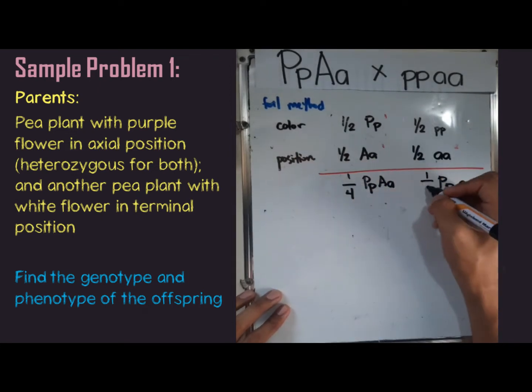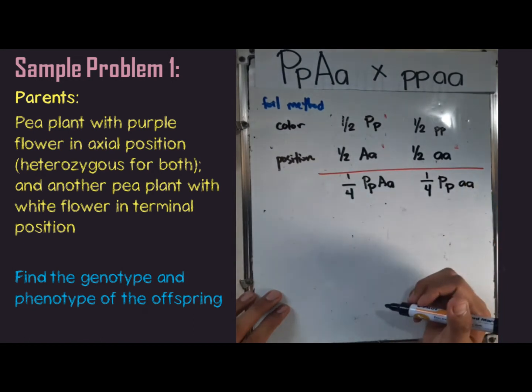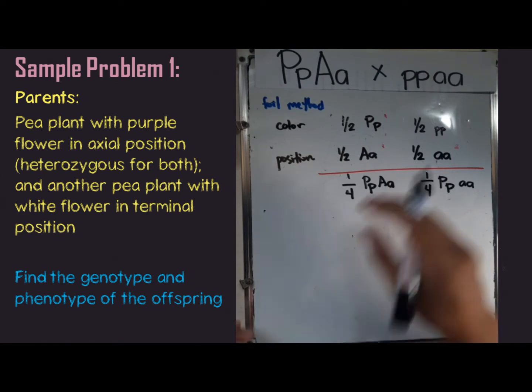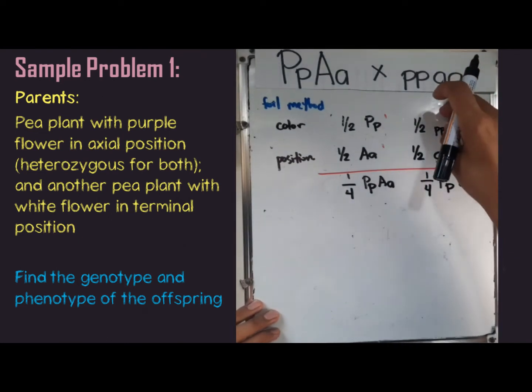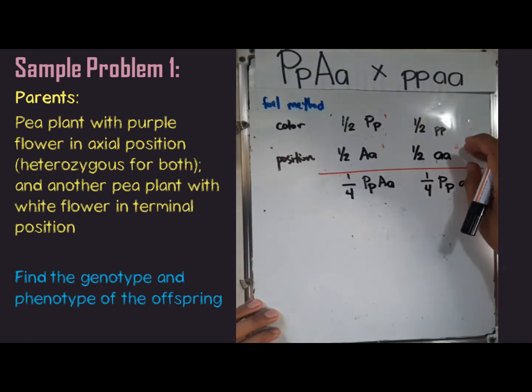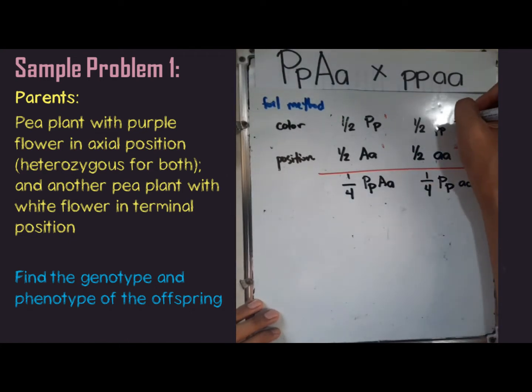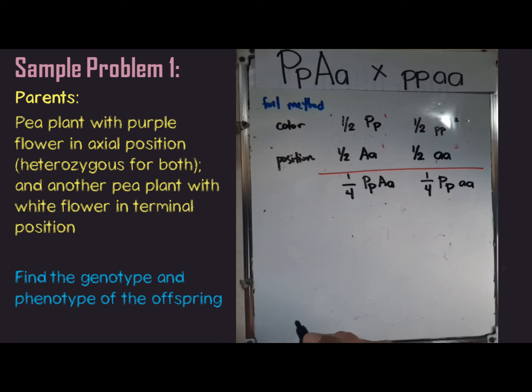1/2 times 1/2, we are going to arrive with 1/4. Okay? So that would be the same process that we are going to do with the remaining genotypes. Once again, we're always going to start with the first layer before going to the second layer. Okay? So, for the second part, we are now going to start with the multiplication of the different values that